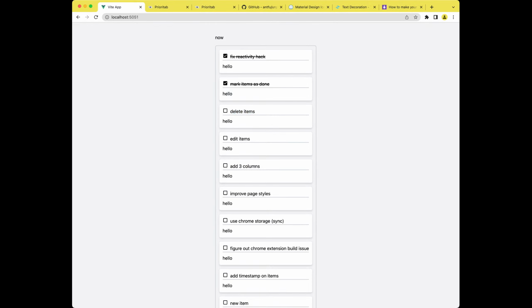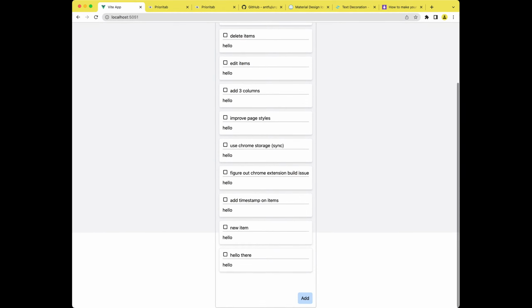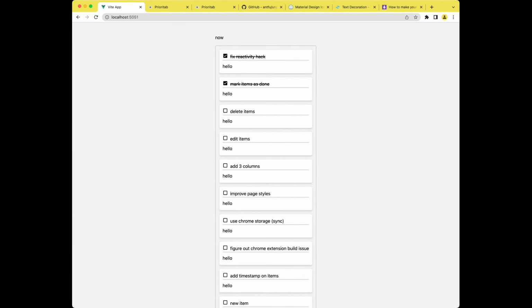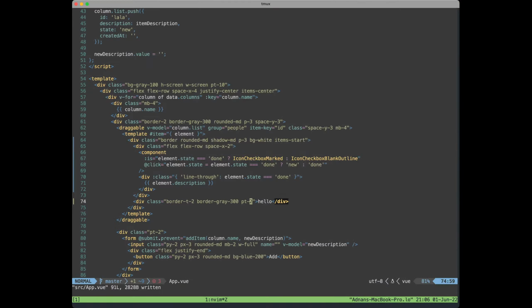A few things have actually broken here, unfortunately. Okay, so now when I click to drag, they're not draggable, although this is still working. And I think it's because I've broken up the divs here, and that's probably because of the draggable library I'm using. So let's go back and take a look here. So what I've done here is, this is my element, this is my item, everything is in here. So if I remove this